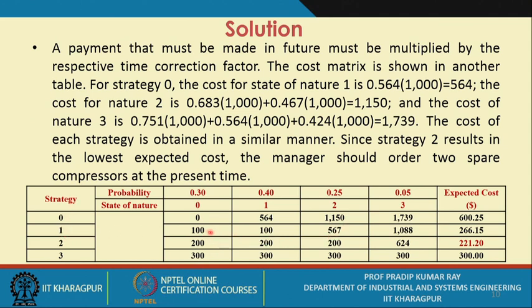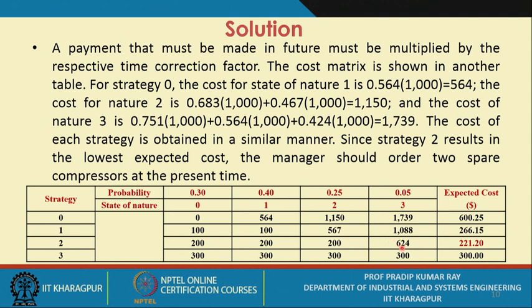Suppose ordering strategy is 1, so this is 100, this is 100 against failure 1, against 2 it will be 567. Is it okay? So, 100 plus the second failure, that means just one failure has occurred, that means this is the 567 and this is 1088. So, same logic you follow, you will get the answers. Okay. So, there will be 2 failures. So, the one failure occurring at this one 564. So, this is 564 and so this is 567, 1088.